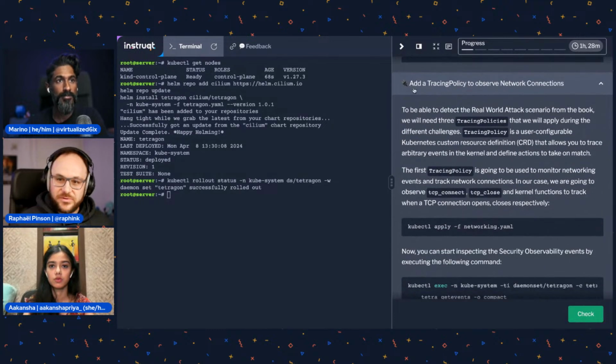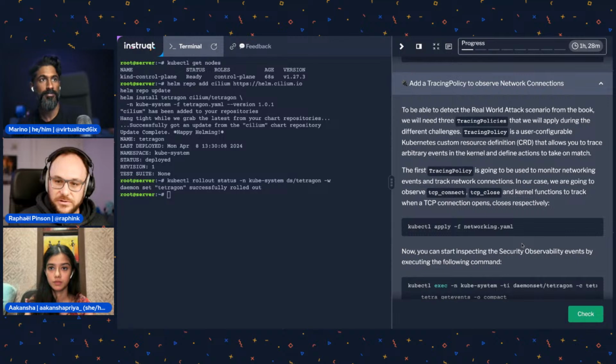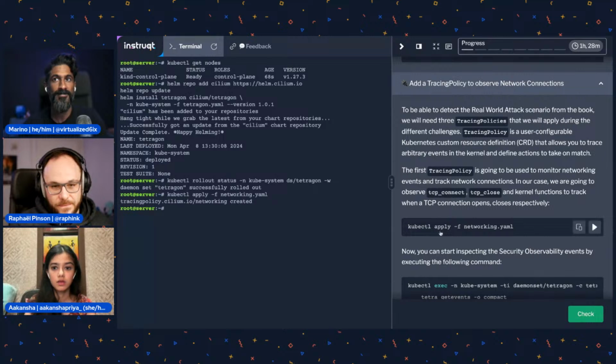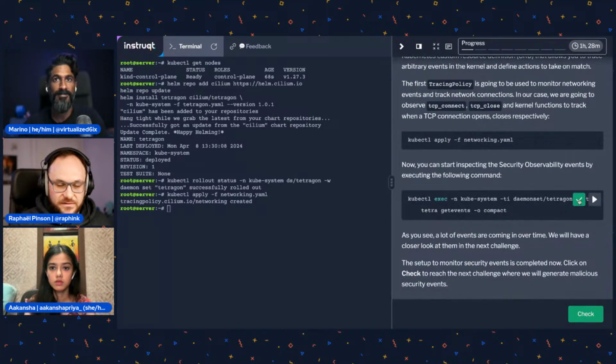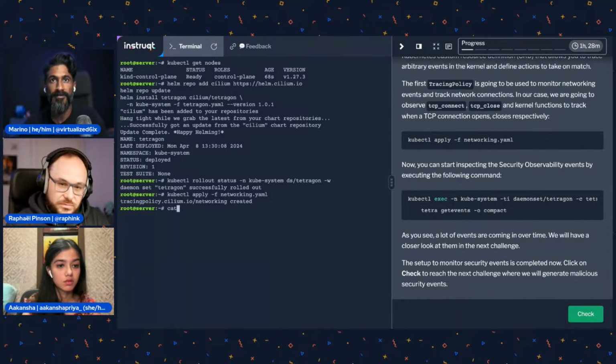Right. So then we start deploying tracing policies. There's the policy that is called networking.yaml. You can apply it, and we can actually look at it if you want. You can just do a cat in the terminal or something, or a yq on it, so we'll get colors. Yeah, cat is good. With the networking.yaml. Oh, wait. So just Control C, yeah, and then